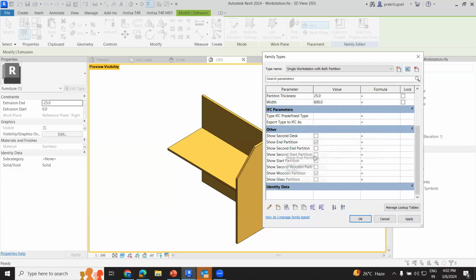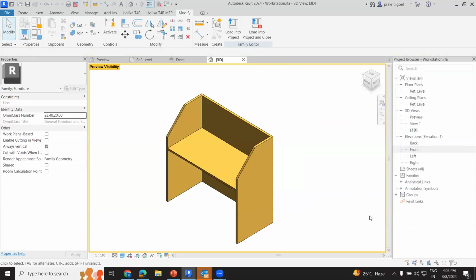So I'll go for, yeah, like this. So now what we can do is create one single family with multiple visibilities, and it will be very useful for creating